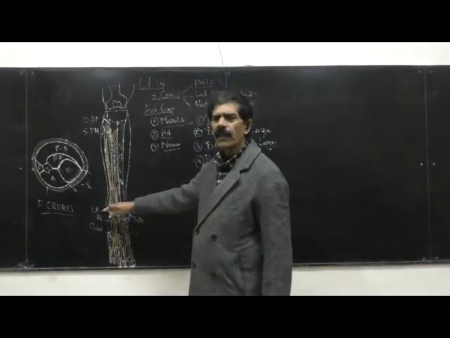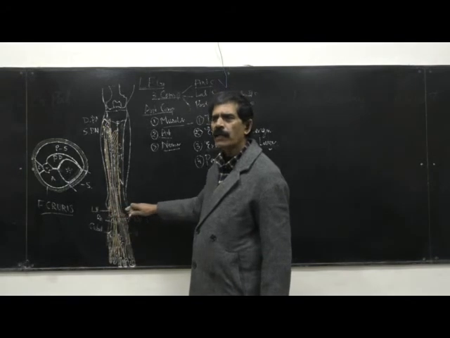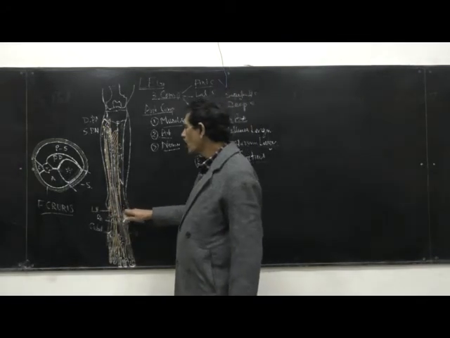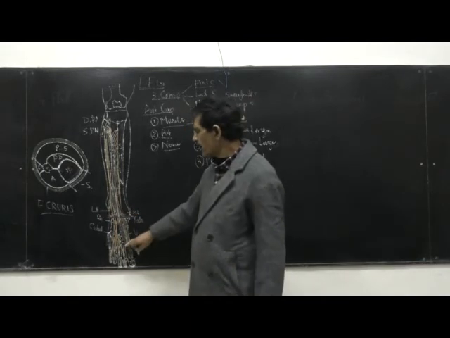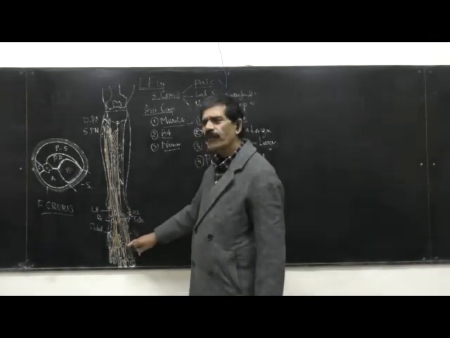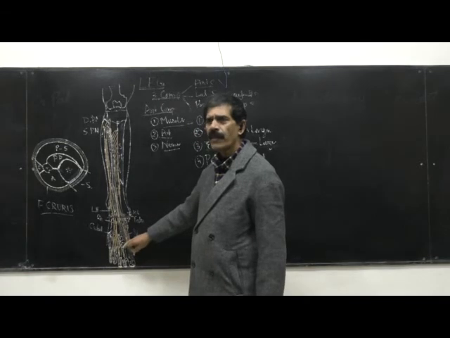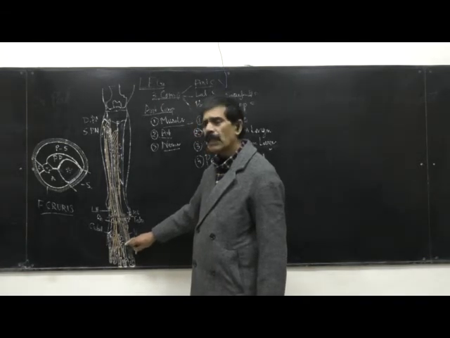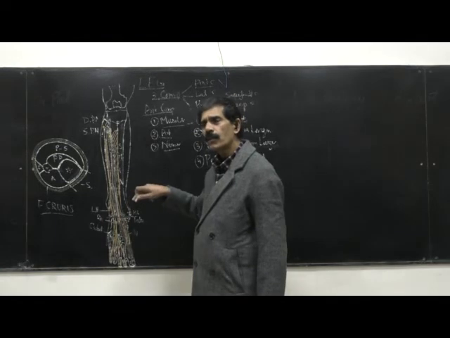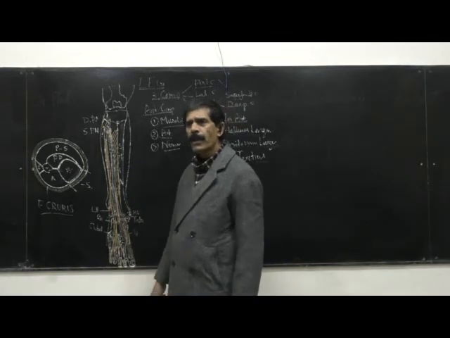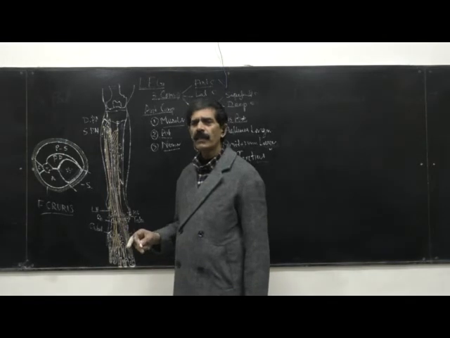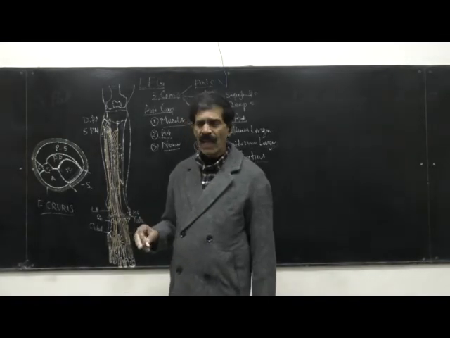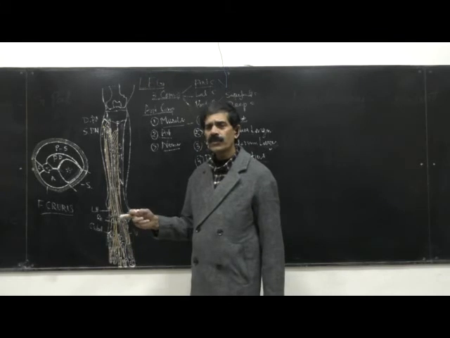at which level a horizontal line is drawn at the level of the lower borders of the lateral and the medial malleolus. And where it ends, it terminates at the base of the first and second metatarsal, the gap between the first and second metatarsal. Here, this dorsalis pedis artery goes into the sole of the foot. Because in the sole of the foot, an artery is waiting. That is the lateral plantar artery. And this lateral plantar artery is the branch of the posterior tibial artery.